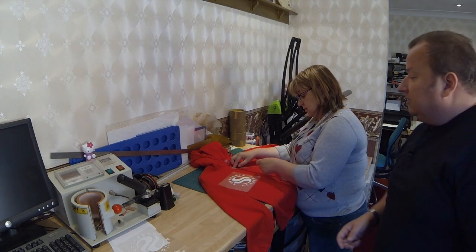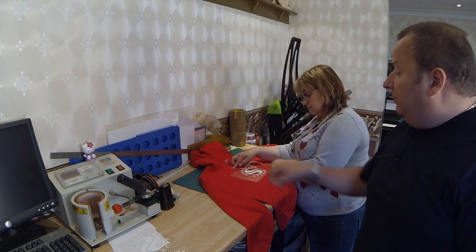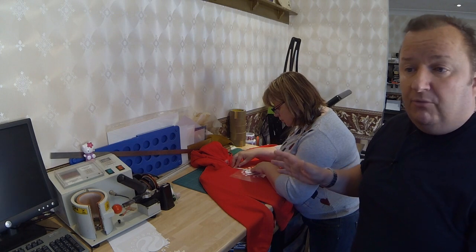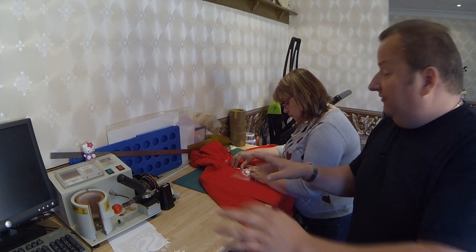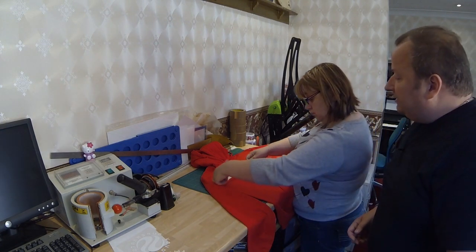8 centimetres. So she knows from the collar down, because we've done a few more hoodies before for these, she knows that she put the top of the logo at 8 centimetres down from the collar line. And that means that when they get this, if there is a line-up picture where they all, because we've got a photograph of everybody with their t-shirt on for this company, where everyone's standing there on our printed t-shirts, and if they're all at different heights, it doesn't look very professional, does it? So anyway, she knows exactly where it's going,